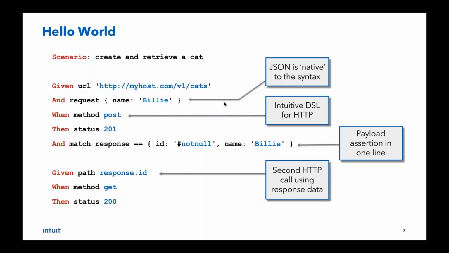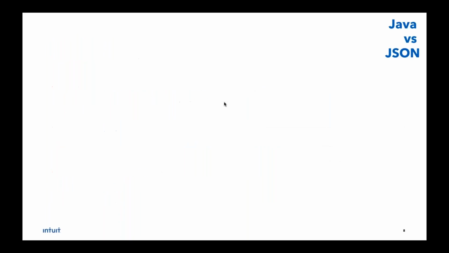And the last thing, and again, one of the biggest pain points for anyone testing web services, is that you're not testing one in isolation. You typically need to do a sequence. You need to call maybe an authentication web endpoint before using the data that came back and plugging it into the request of the next one. This is very easy to do in karate. As you can see, the ID that came back as payload data from the previous response is able to be used easily in the next request. So yes, this hello world actually is an example of 2 calls being made to that URL.